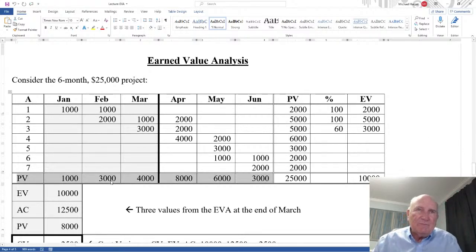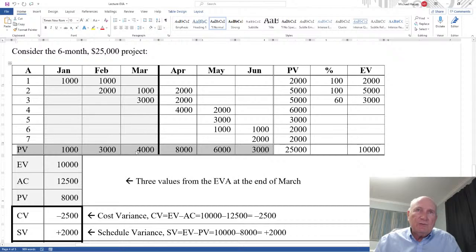Now this plan value is very helpful, very useful, because this basically talks about your cash flow. Here's your requirements of your cash flow throughout this project. And this is very typical, 1, 3, 4, 8, 6, 3. It goes up and comes back down. That's really common. And since some of you, I suspect, deal with projects and different types of organizations, whether it's government or military,